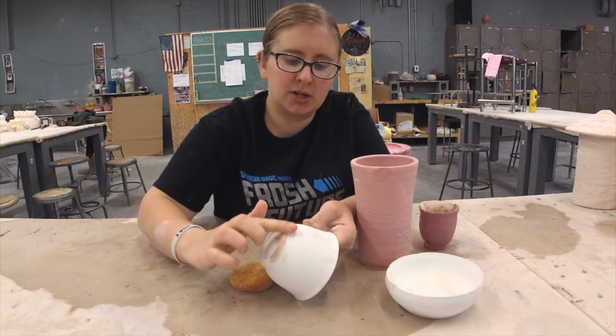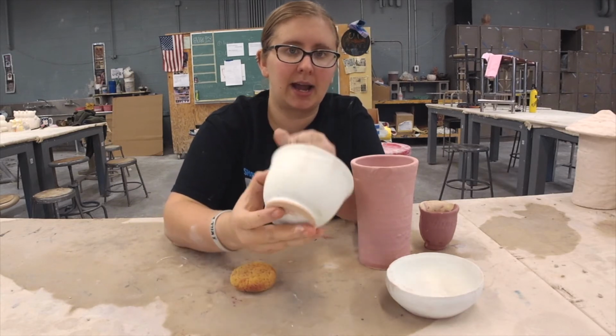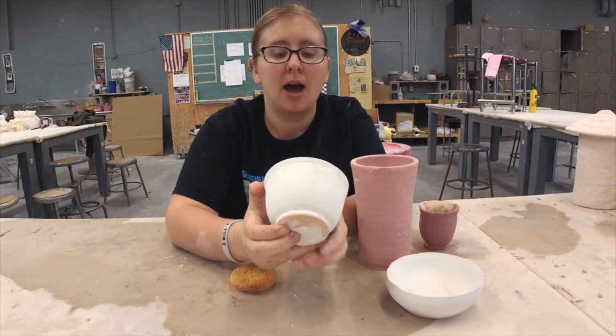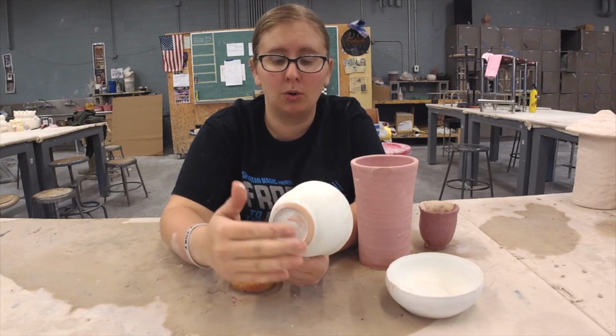Just take a sponge and clean off the entire foot ring and then about 1/8 of an inch on the side. If you do that all the way around, you're good. You can go put it out on the kiln shelf and I will get it fired, I promise. You don't need to go back and put extra wax on because you've already accomplished the goal of keeping a